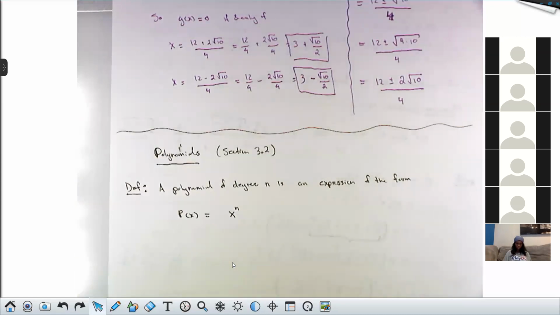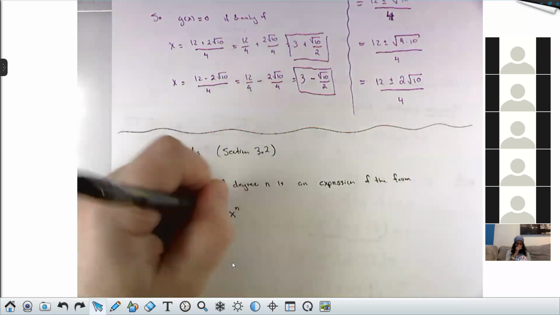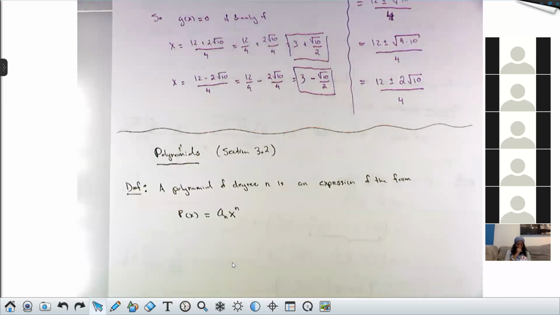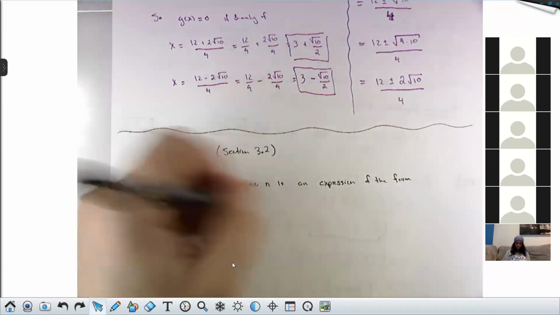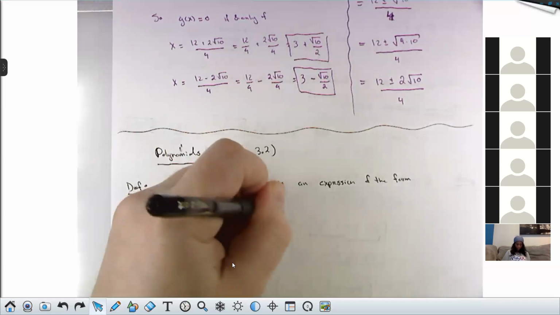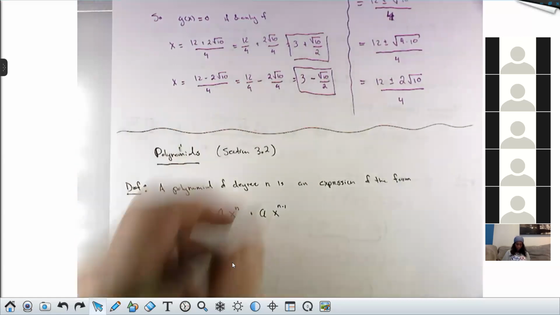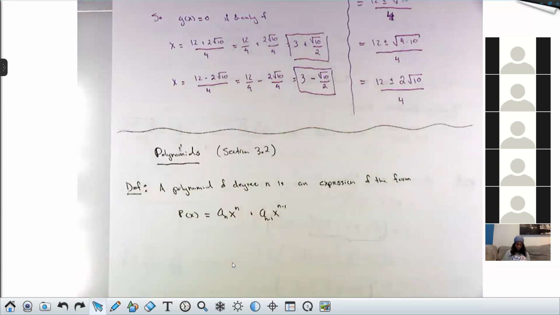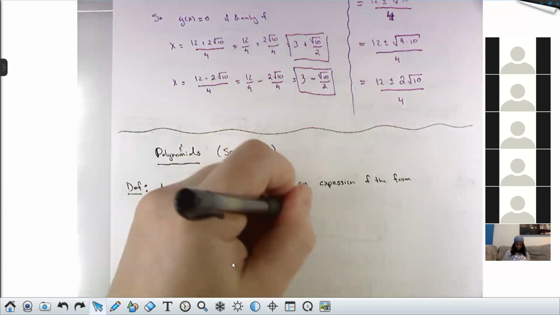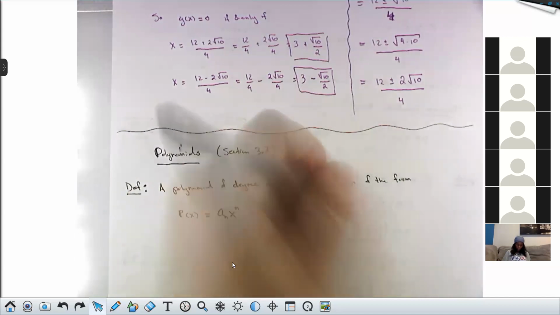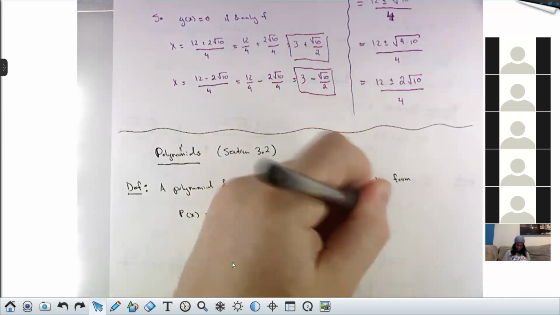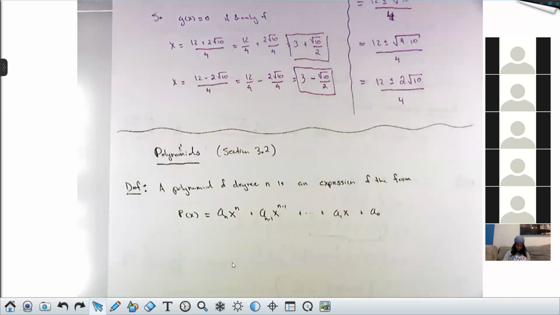So the degree is the largest power of x that shows up anywhere. This is allowed to have a number multiplying it, like 2 or 5 or -7. That number, we're just going to call that a_n. And then you're allowed to have any terms of lower order. So the next term would be like a_(n-1) x to the n minus 1. He's allowed to have a number attached to him. We just call that a sub n minus 1. And you keep going down like this. The second to last term would be a_1 times x to the 1. And then the very last term we call a_0.